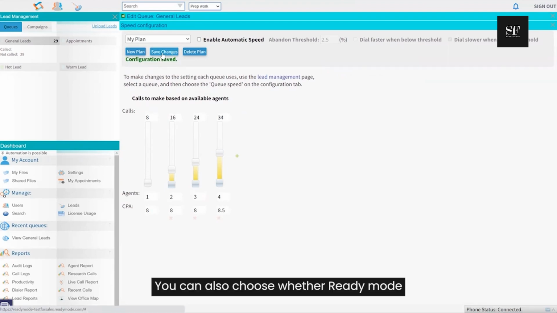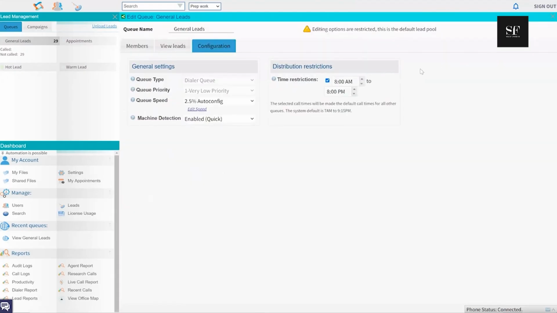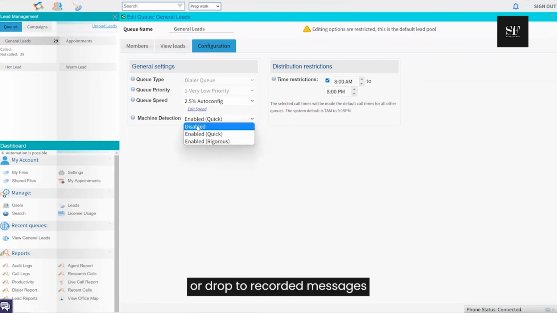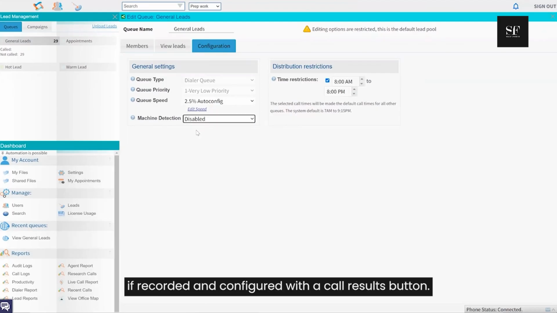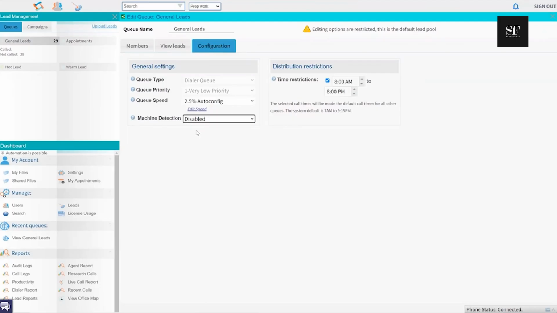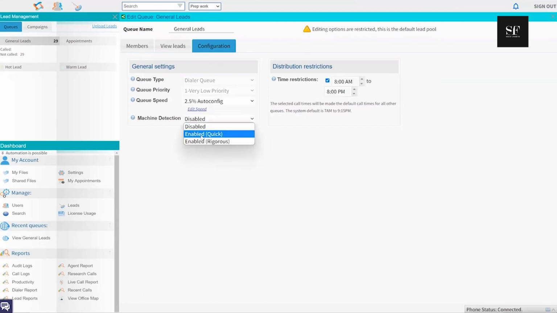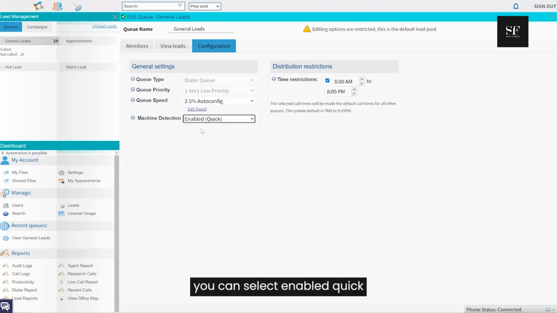You can also choose whether ReadyMode detects answering machines automatically or not. By disabling machine detection, you'll be able to leave live messages or drop recorded messages if recorded and configured with a Call Results button. If you would like ReadyMode to detect answering machines automatically, you can select Enabled Quick or